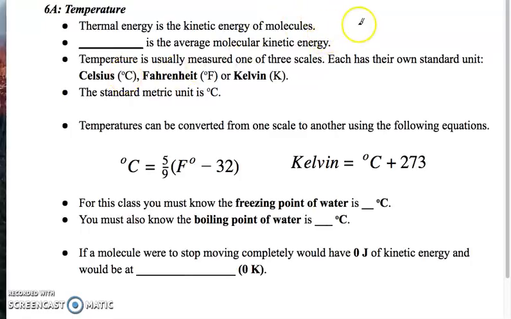Okay, so we'll get started. This section is going to be about temperature. So 6A. We're going to talk first about thermal energy, and we talked about it last unit, but